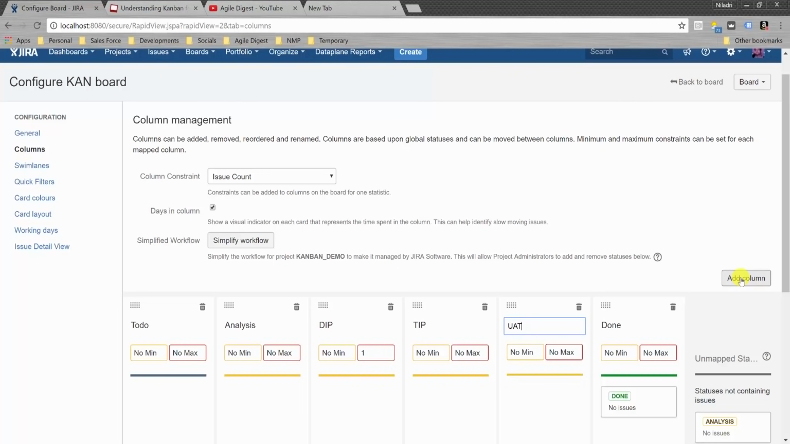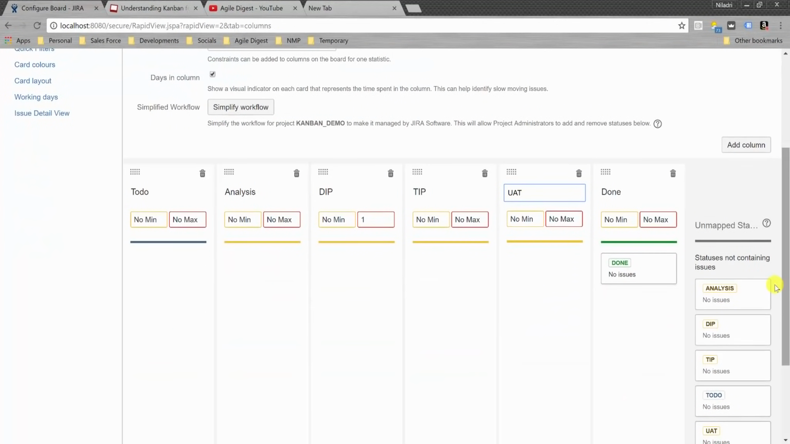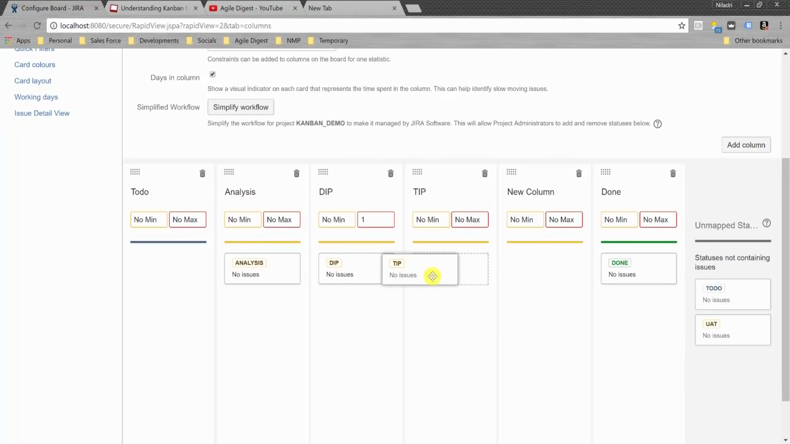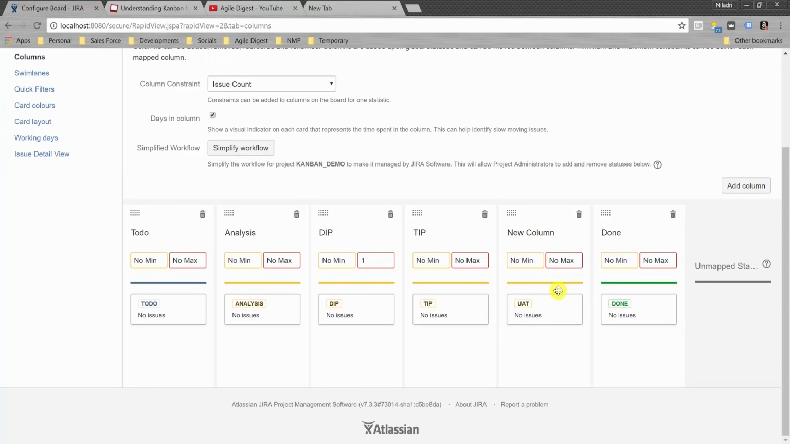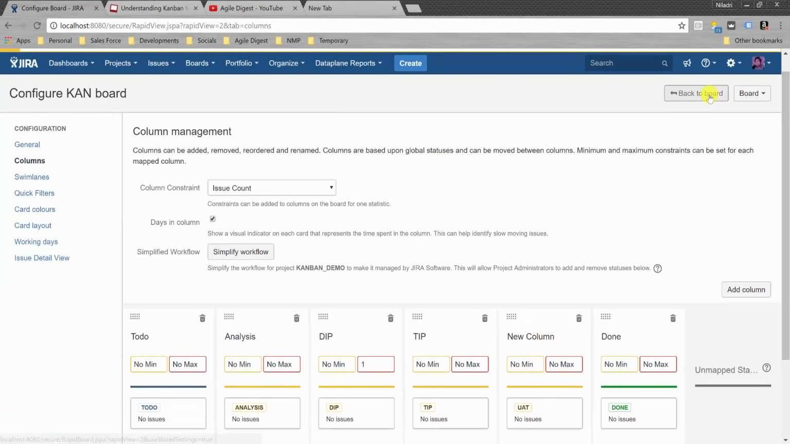Now we need to map our columns that we had. So Analysis will go to the Analysis column, DIP will go here. These are the statuses that we have created in the workflow. So I'm just moving them one by one. To Do, I am moving it here, and UAT I am moving it here. So our Kanban board is now mapped and ready, and we'll see how this looks in